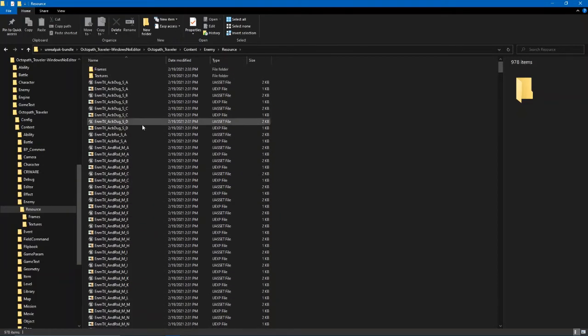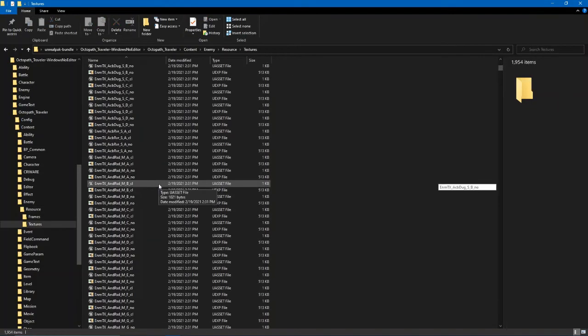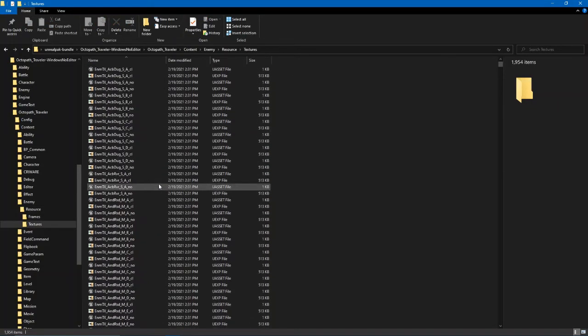But this isn't exactly the place where you actually get the sprites. No, it's actually in Textures. And this is where you get all of the sprites. And now to view them, you have to have a program named uModel. I already have it installed, so I'll just show you the effect. So if I just open up this,